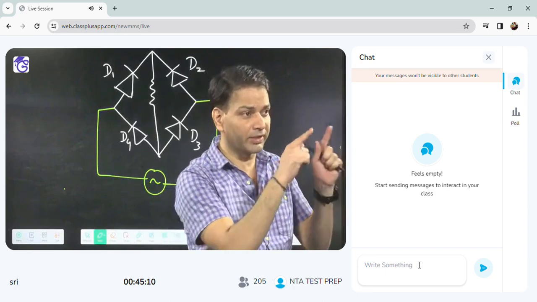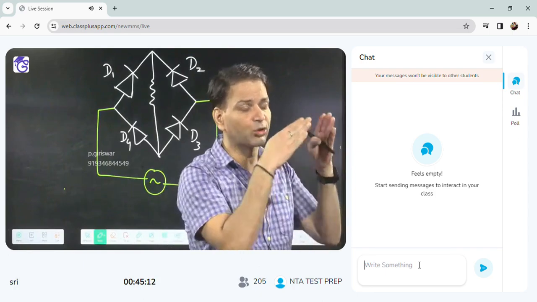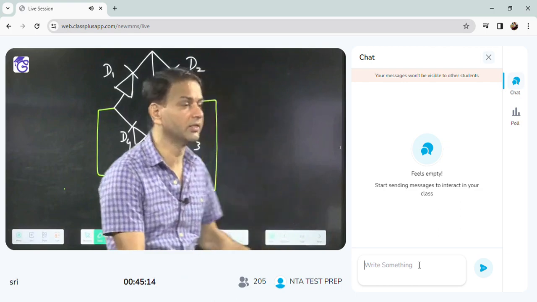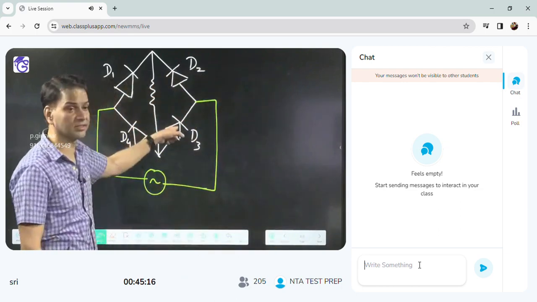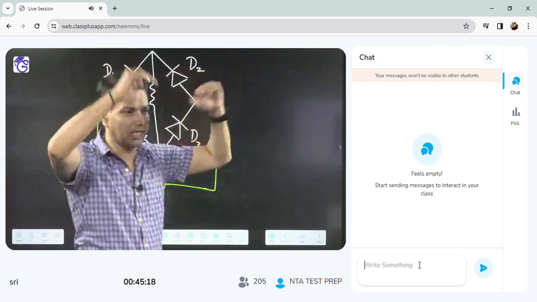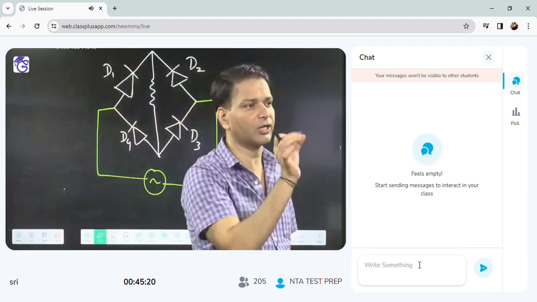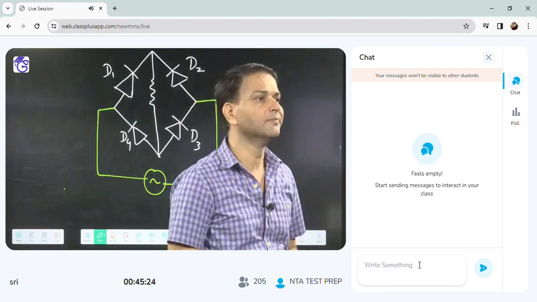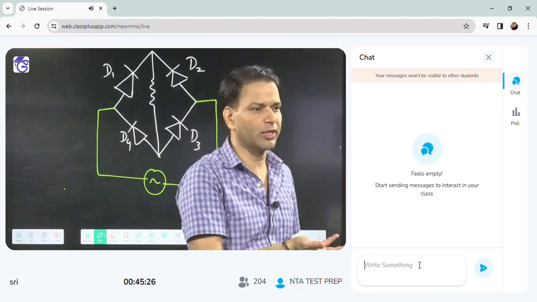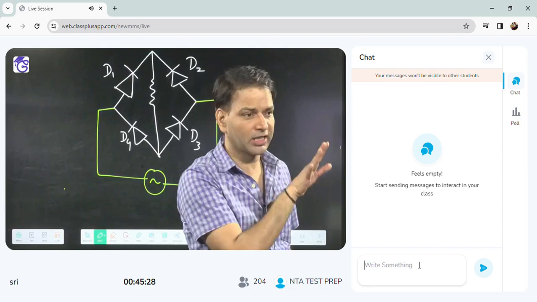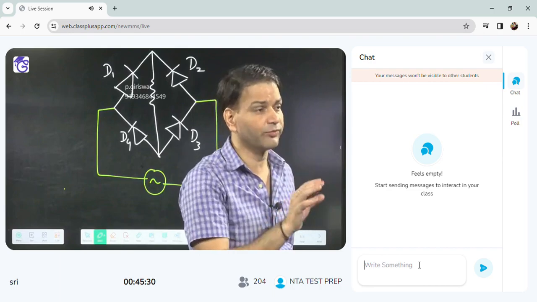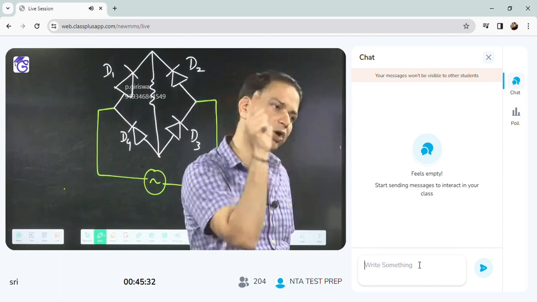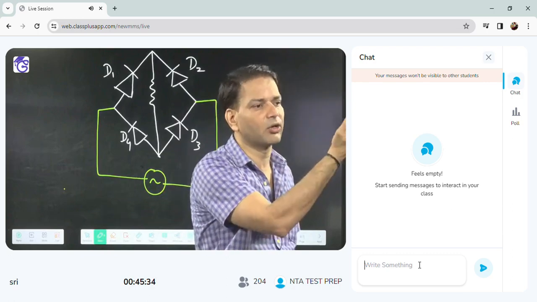Just remember, if you see all 4 diodes, all the arrows are up. This is up, this is up, this is up, this is up. So 2 diodes up, 2 diodes down, and all the diodes' arrows will be up. That way you can remember. They can give the naming according to their own scheme, so you have to understand how the currents are flowing and which diode will be in reverse bias. We cannot directly remember the order; whatever names they give, we have to follow that.